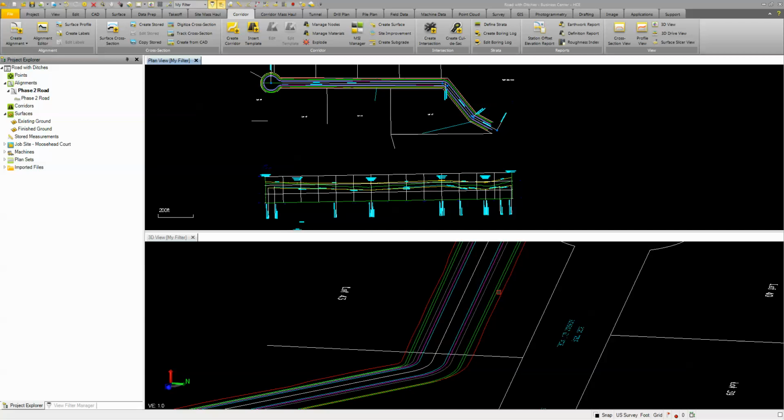I'm going to take a few moments here and show you how to create a corridor in Business Center Heavy Construction Edition. And what's unique about this corridor is that I'm going to have a ditch on both sides of the road, and they have to match a profile that's been designed in this profile view that you see in